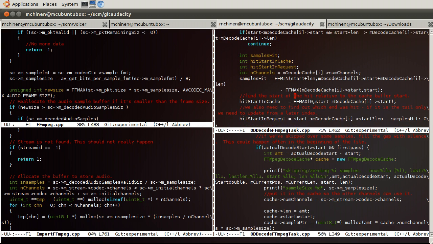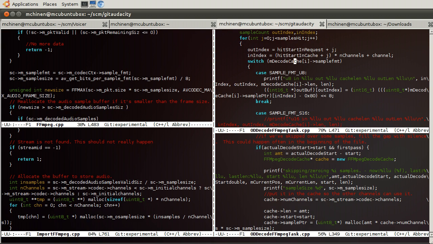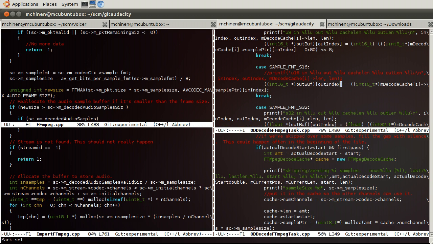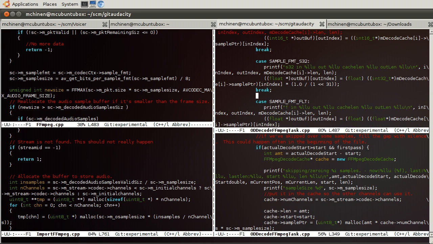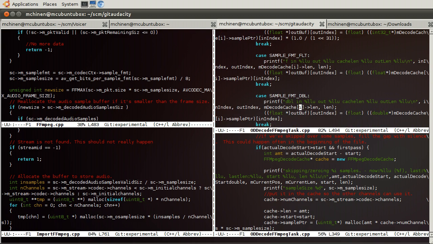we switch on the sample format. And that determines what the output buffer format is. And we just hard cast like this. So if it's a small integer type, we use a 16-bit int, and otherwise we use floats.